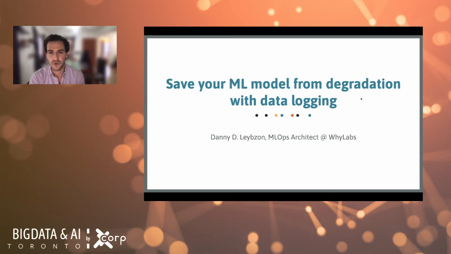But before I do, let me give you an overview of the presentation that I'm going to be delivering. As you can see, the very clunky title of today's presentation is Save Your ML Model from Degradation with Data Logging. Fundamentally, machine learning models degrade over time, right? They perform worse and worse. The reason for that is that data changes over time, right? The real world generating data changes over time. And in order to prevent that model degradation, we need to log the data coming into the system and log the predictions being made by the system so that we can be alerted when the performance is degrading. So that's a high-level overview of the talk.